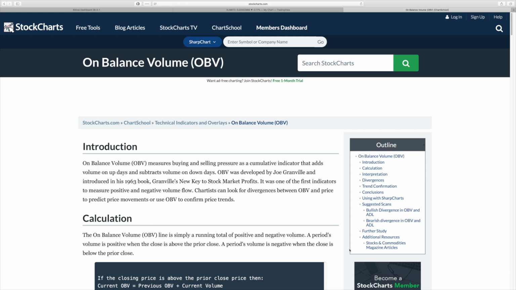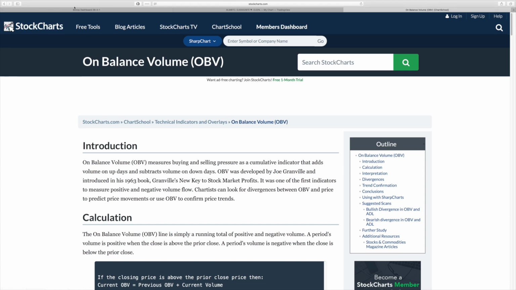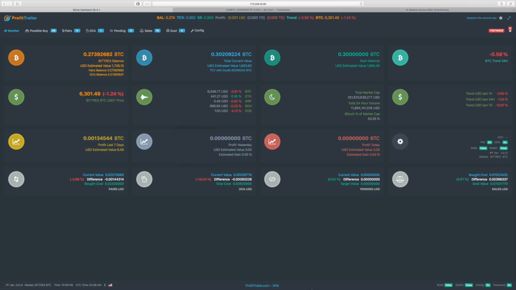Investopedia I would normally recommend for this kind of thing, except they're a lot more limited in their information on how to use this, so it's more of a definition, just like this top half of this article on Investopedia. I've already checked there. But if you have other sources for this kind of information, by all means go to them, research this, make sure you understand what exactly this does before you start using it. Okay, so let's go on back to the bot real quick here,